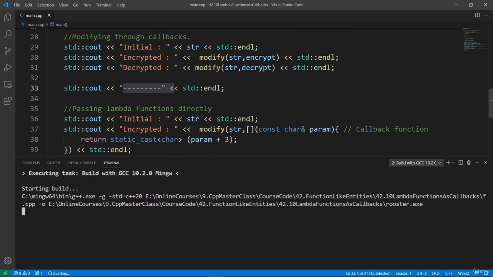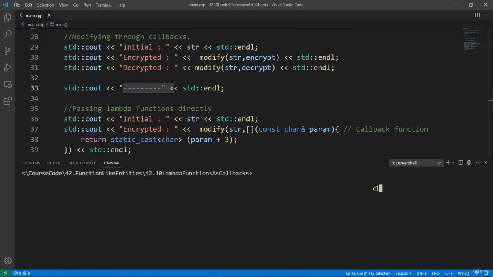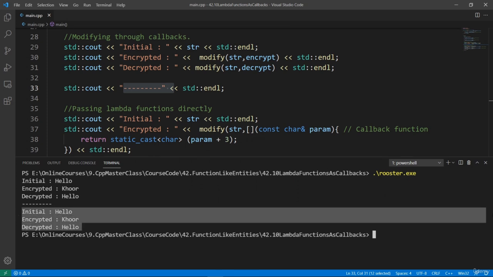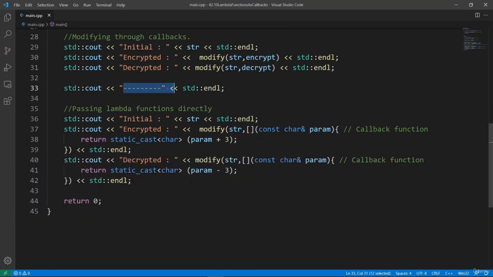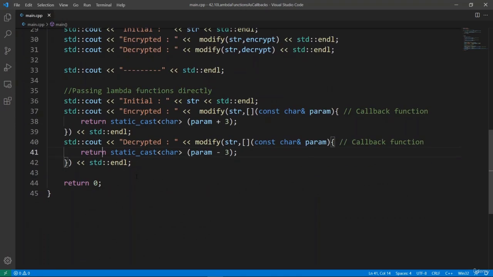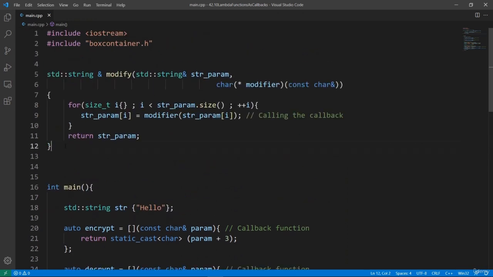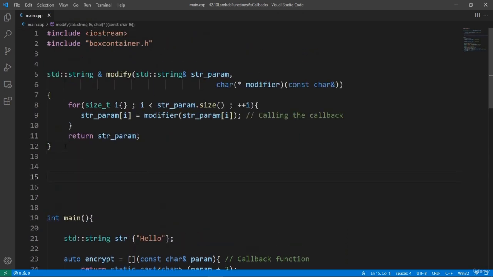Let's pass this through our GCC compiler. The build is going to be good, so we can clear and run Rooster. You're going to see that we get the text we want. And this is working really well. If you need this kind of setup, you can use that in your C++ program, and it is going to work really well. As another example, we can also go on top and set up our function, which works on